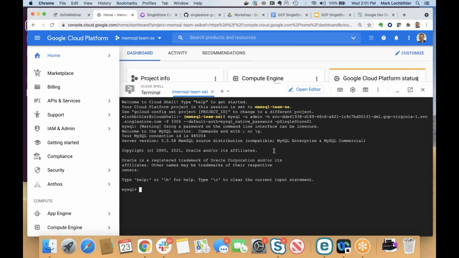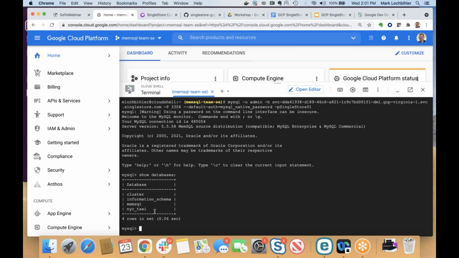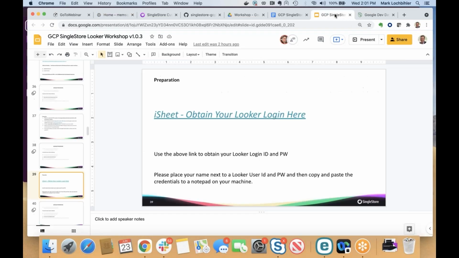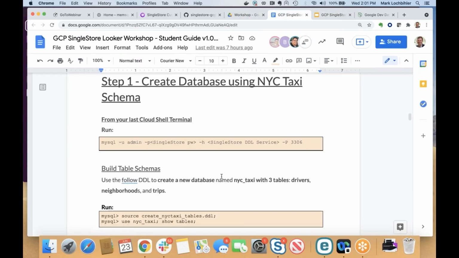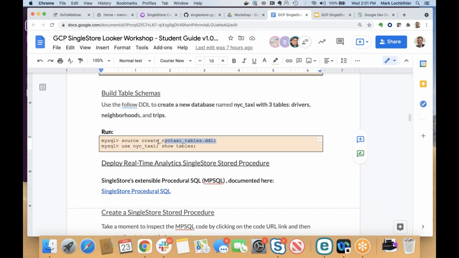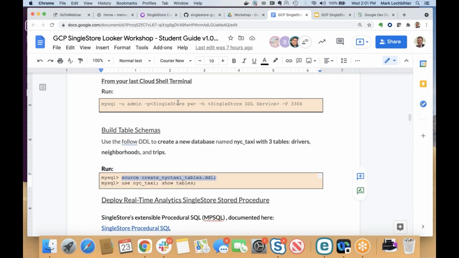So when I connect in, I'm into SingleStore, and here I can say show databases, and you'll see I already have a New York City taxi that Bruce and you guys will be using in a minute. But I'll still simulate this. What you want to do is run this statement here: source, create New York City taxi table. So just go ahead and copy that. But remember, you have to log in